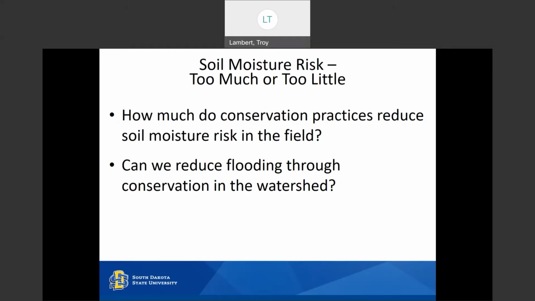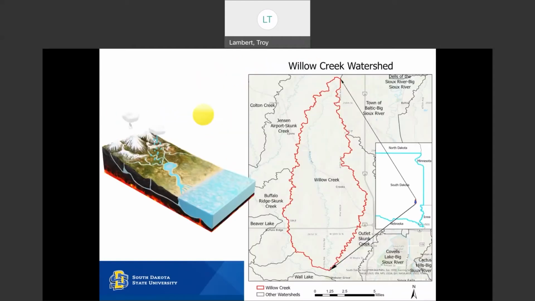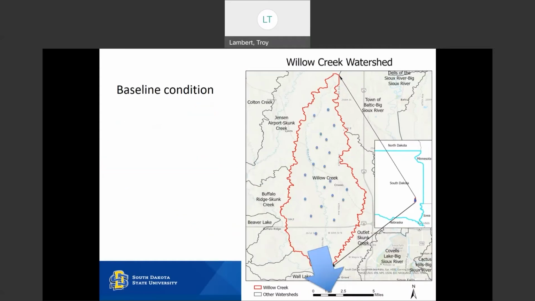And so we embarked on a 3-year study to answer these questions and more. We're working in the Willow Creek watershed. This is an actual 3-dimensional image of the Willow Creek watershed. That's a joke. This is eastern South Dakota we're talking about here. So no snow-capped mountains, but the Willow Creek watershed, which gets into Sioux Falls down here at the bottom. One of our fields, we can see the new Amazon building, and then we get all the way up to just north of the, what's that church up there, Kristen? Willow Creek Church? Yeah, we'll go with that. So that's the watershed that we're working on.